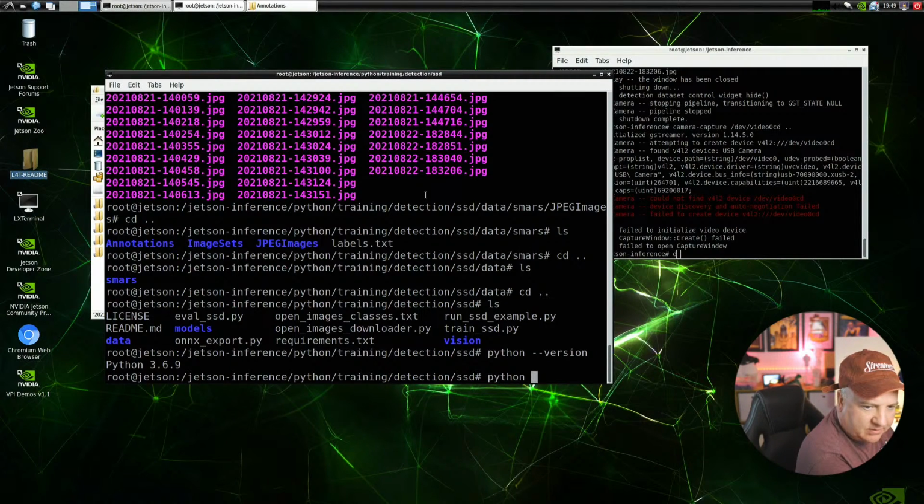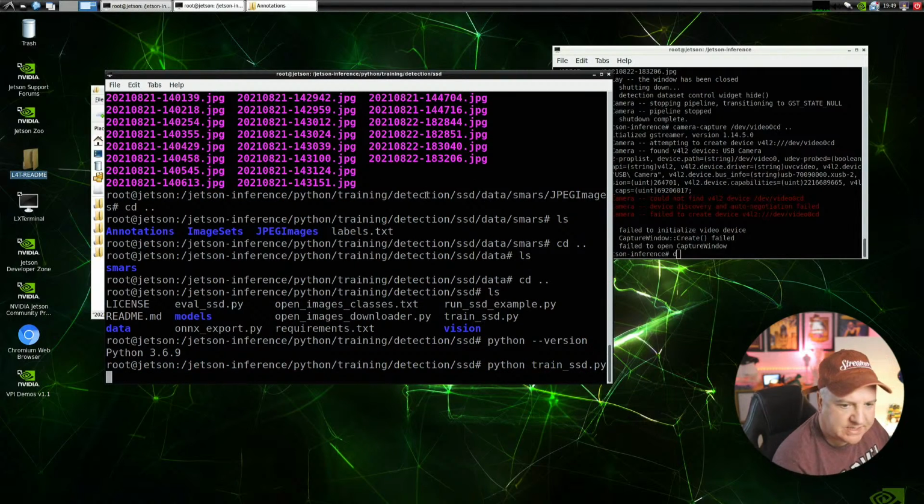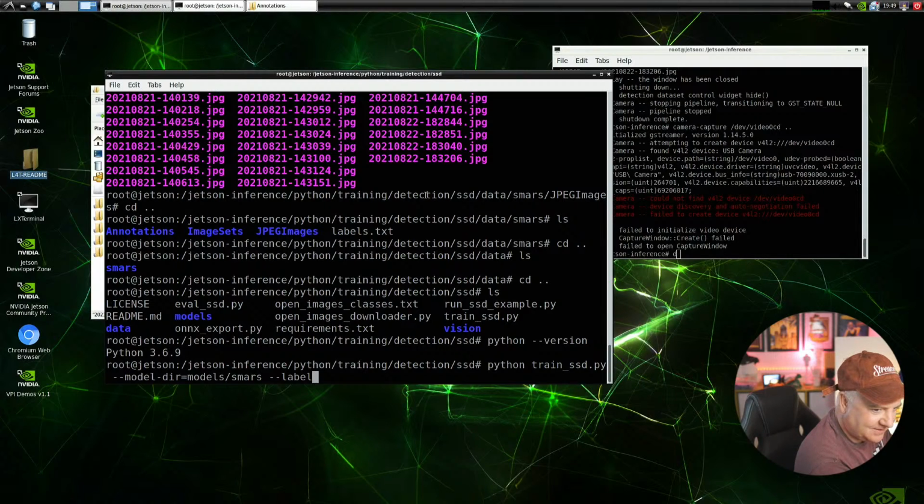So if we now do python and then train_ssd.py. Now it does need to know lots of information. You can't just run that. It needs to know the model directory. So that is smars, model smars. It needs to know the labels file. So labels equals label. So that's under model. In fact, that's under data. And that's under smars. And that's under